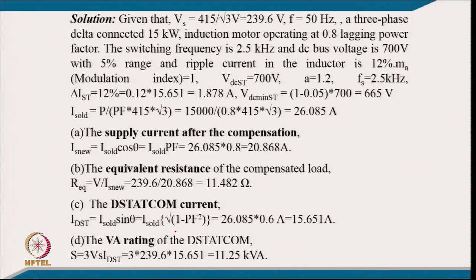and the equivalent resistance of the compensated load is V upon I. So, that is per phase voltage 239.6 divided by per phase current 20.868. So, it comes 11.482 ohm and the DSTATCOM rating is corresponding to the reactive power required for the load,